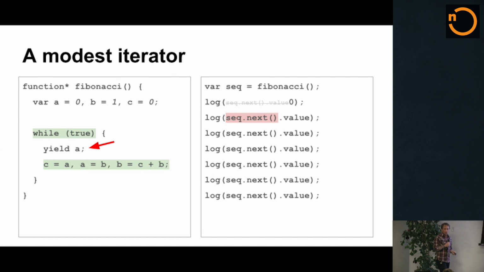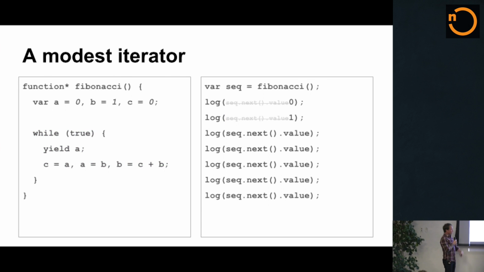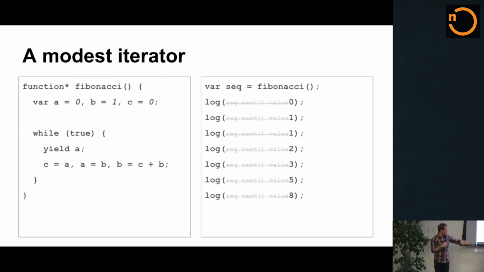We go back to this while true, which is still true, and then we hit our yield point once again, freezing the generator function, giving control back to the caller, and returning the value of A, which is then available via the value property of the return object here. So using substitution, you can see that we now have 1. You can kind of see where I'm going with this. You can mentally map the Fibonacci sequence of numbers, and you can see how we're bouncing back and forth between the generator function and the code that is invoking the next method on the generator object that it's got a hook to.